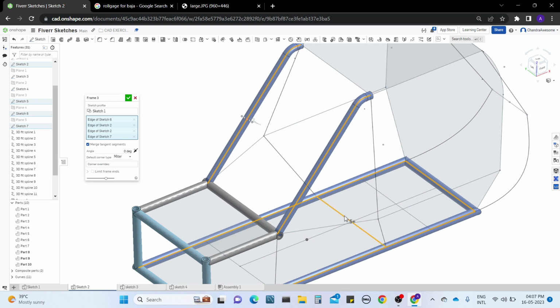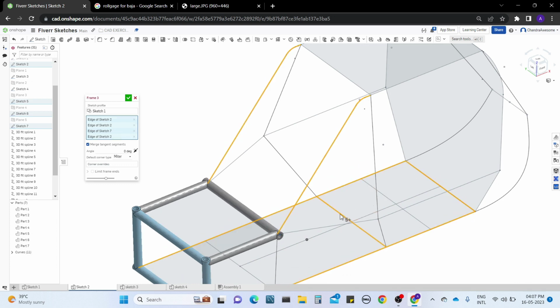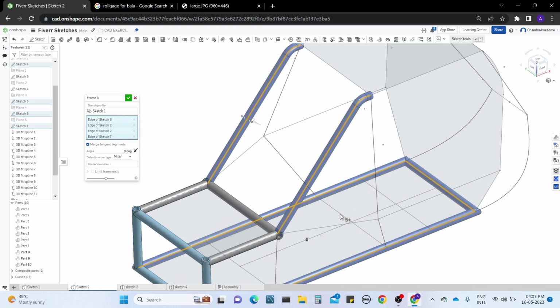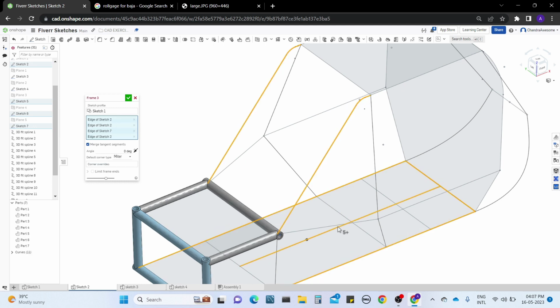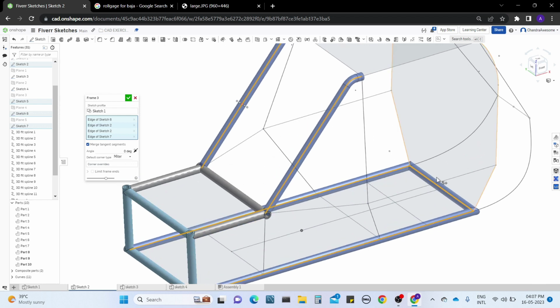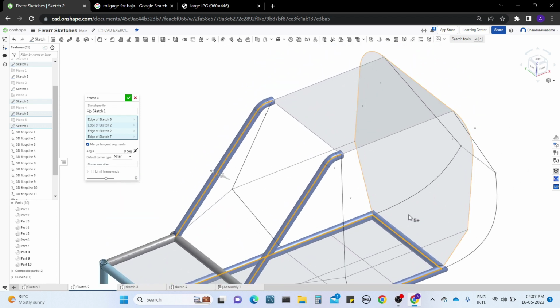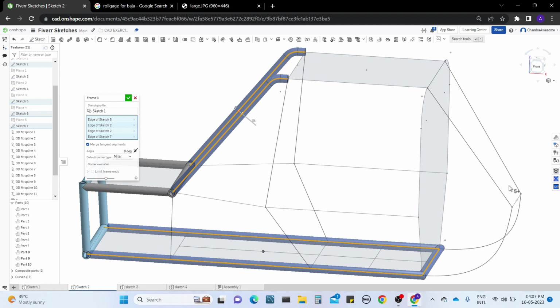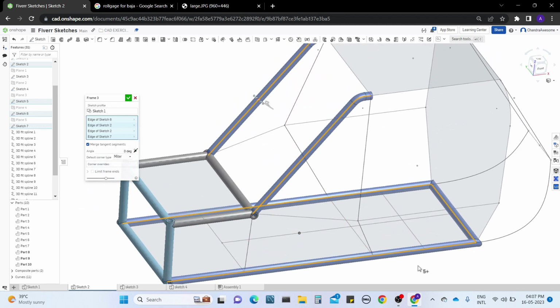Okay guys, the frame will work only when it is connected in the middle. The inside loops will not work with the frame tool. It will say something like over existing, or some error. So let's work with this